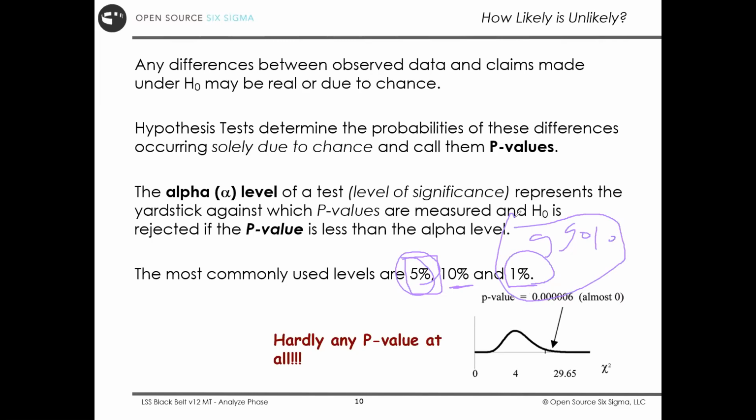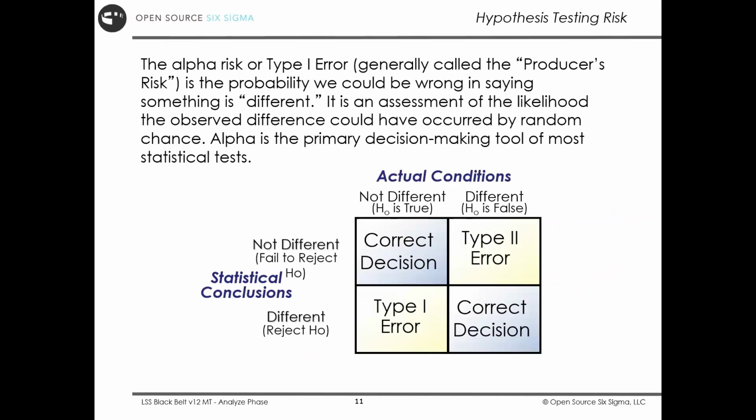The alpha is 1%, much lower than 5%, and my confidence interval is much higher than 95%. So everything is good. Why are you sticking to 95 and 5? I will explain this in the minutes, specifically when we understand the difference between alpha and beta, type 1 error and type 2 error. I will not go through the materials here because this is black belt material. I don't have time to explain everything. I just want to shed light on